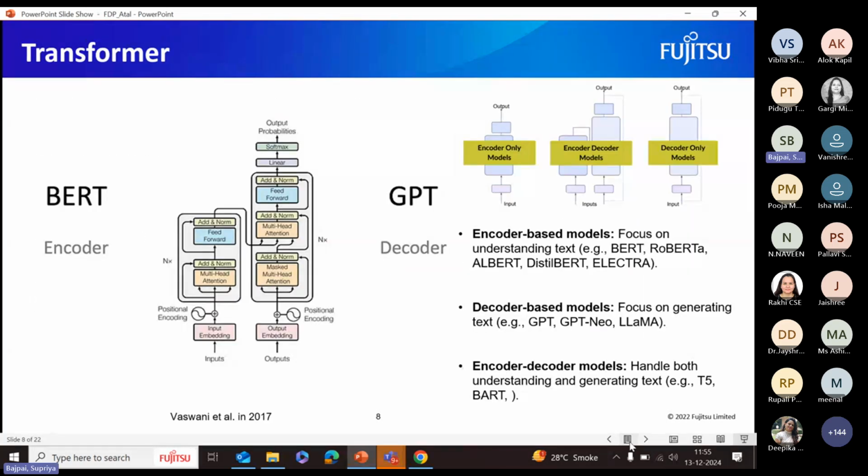We will discuss later why these decoder-based models are preferred. Since encoder-decoder models are also good at understanding and generating text, why do people only use the decoder-based models? Why?